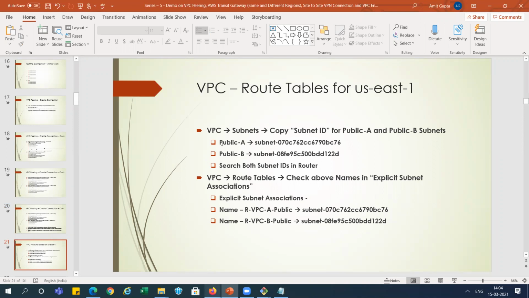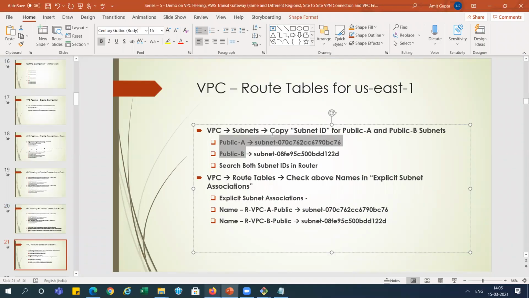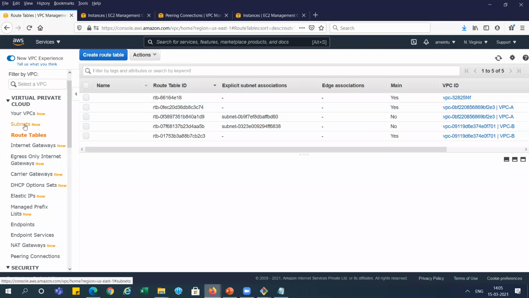You can see here we have written public A and public B. But the route table we are not able to find there. There are multiple ways of searching it. So we will go with the route table we are using. So we will go in reverse way.